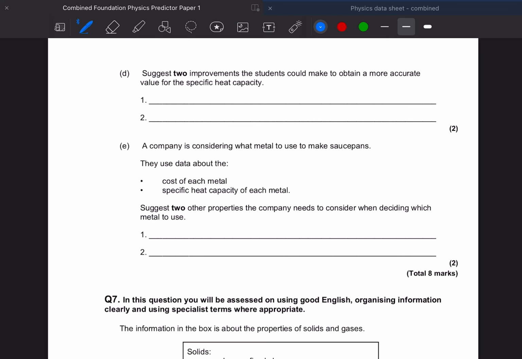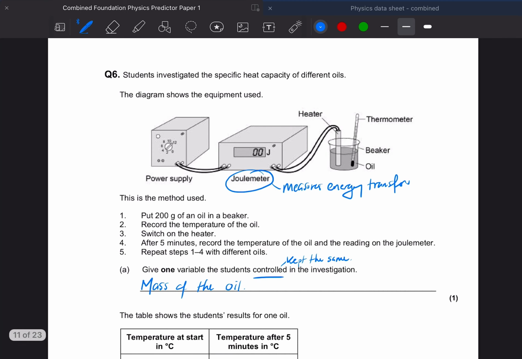So there's two improvements the students can make to obtain a more accurate value for specific heat capacity. Let's have a look at their equipment setup here. With the specific heat capacity required practical, when you put energy into our joule meter, the joule meter measures how much energy is put into this heater. And then we're using the heater to put energy into the oil. We're then seeing how much temperature increase that heater causes in the oil. But what we can see here, I'll use a red pen, is that not all of that heater is in the oil. So that's something they could